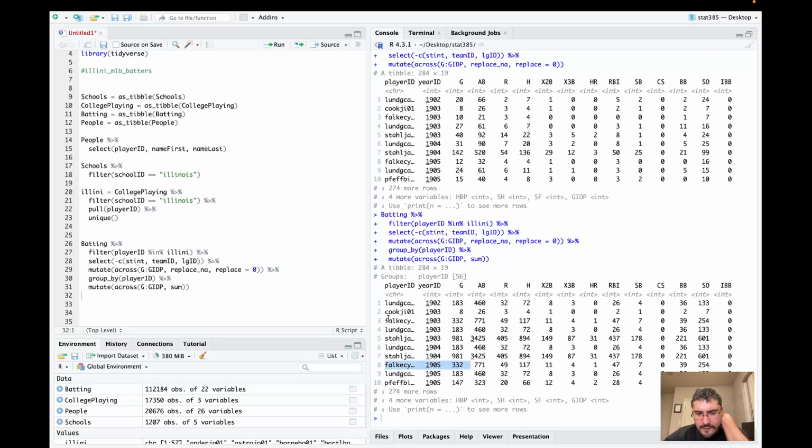Okay, so this doesn't give us unique values, but it did do the trick. That's fine for now. All right, so group by player ID, across sum, and then now,